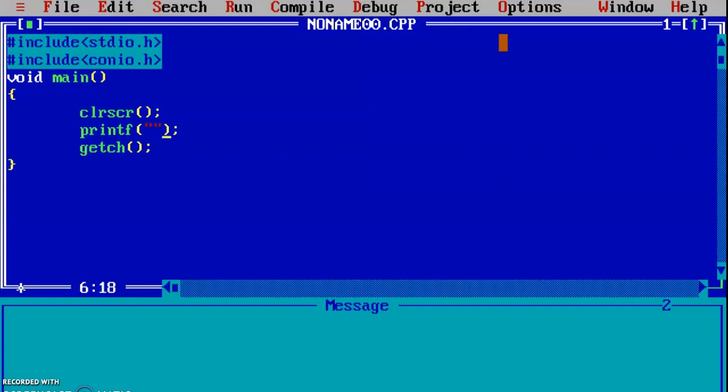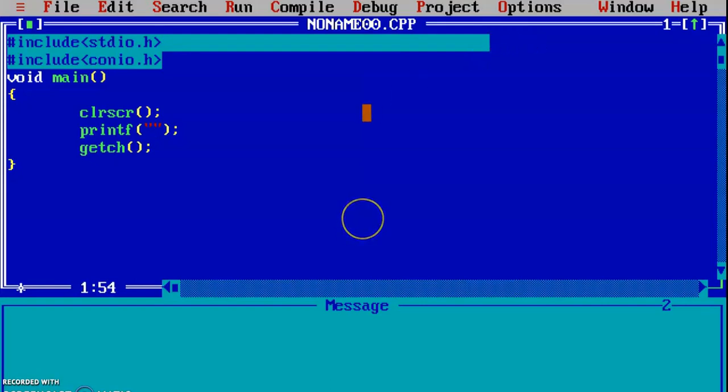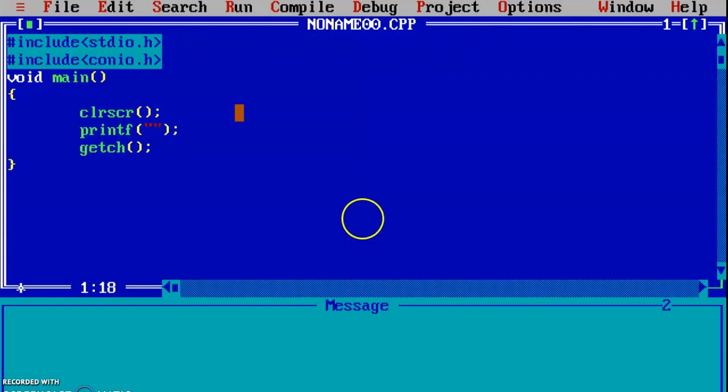Always enter the whole syntax, like I enter the whole syntax of printf, then write your message, that is hello prp.